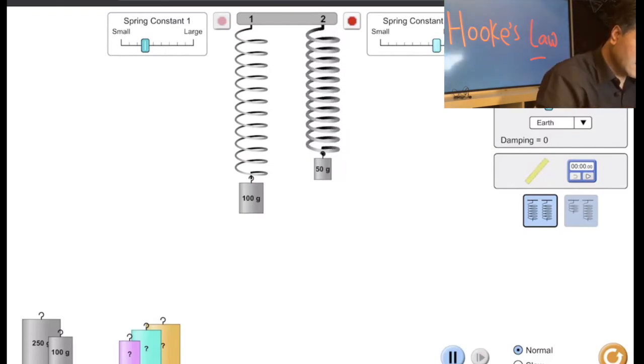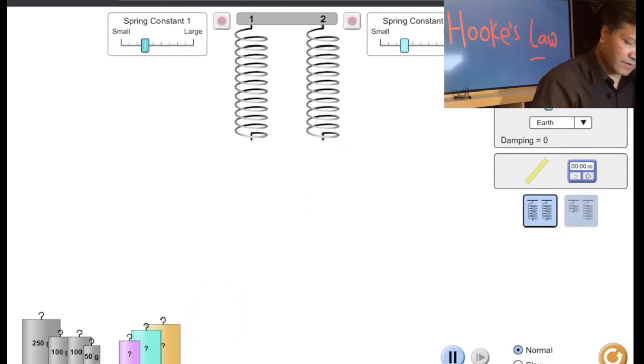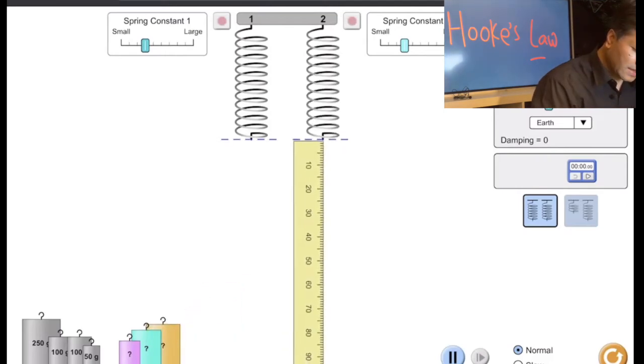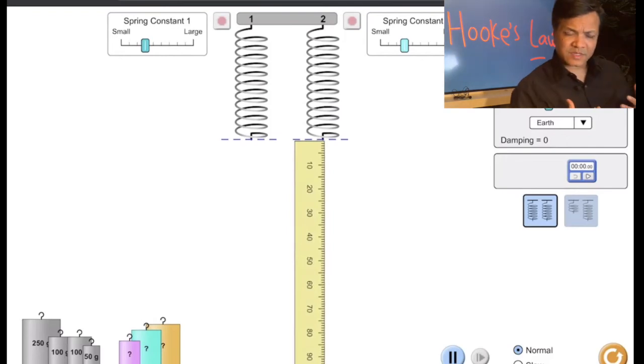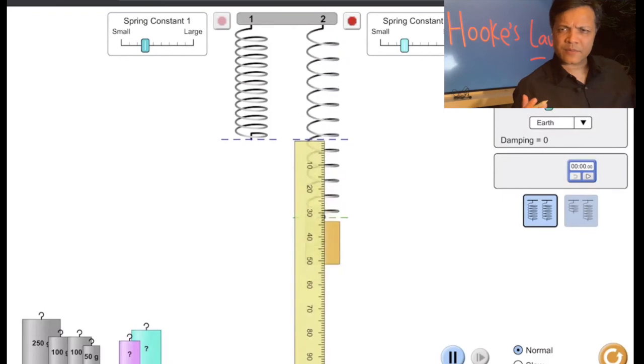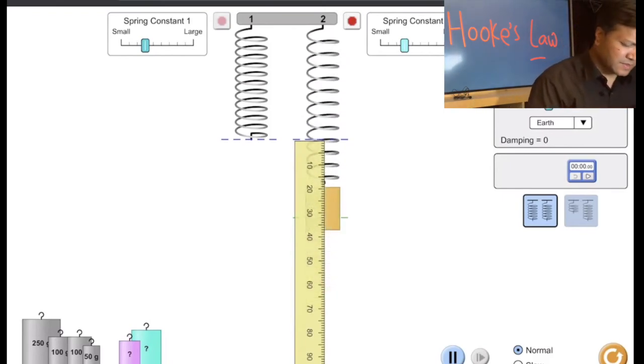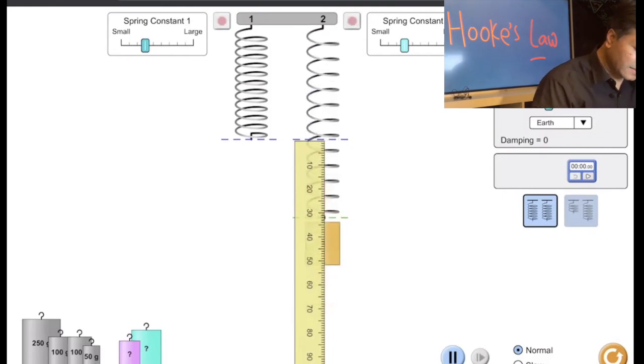Now let's get started with this lab. Our goal is to find the mass of the orange, and here's how you can find it. I'm going to put the ruler at the relaxed position of the spring and then put the mass, and I'm going to try to read the displacement. And if I read the displacement, I will see it is displaced